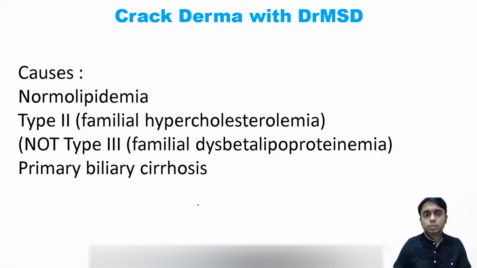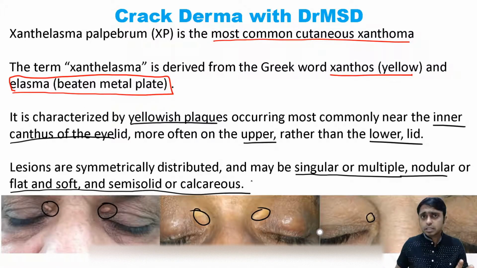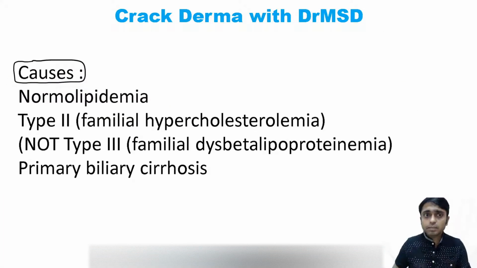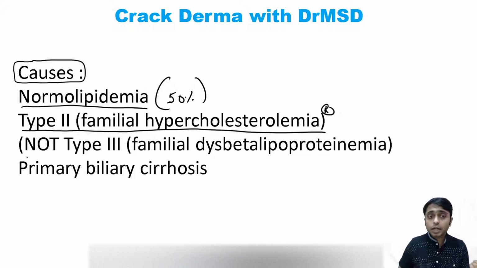image based question. You should remember that this Xanthelasma palpebrum is associated with abnormalities in the serum lipids. So whenever a patient comes with these kinds of lesions in the inner canthus, we should get the lipid profile done. But it was observed that almost 50% of the individuals who have this condition have absolutely normal lipid levels, and if there is an association with lipid abnormalities, it was noted that type 2, that is familial hypercholesterolemia, is the one associated with this Xanthelasma palpebrum, but not type 3,